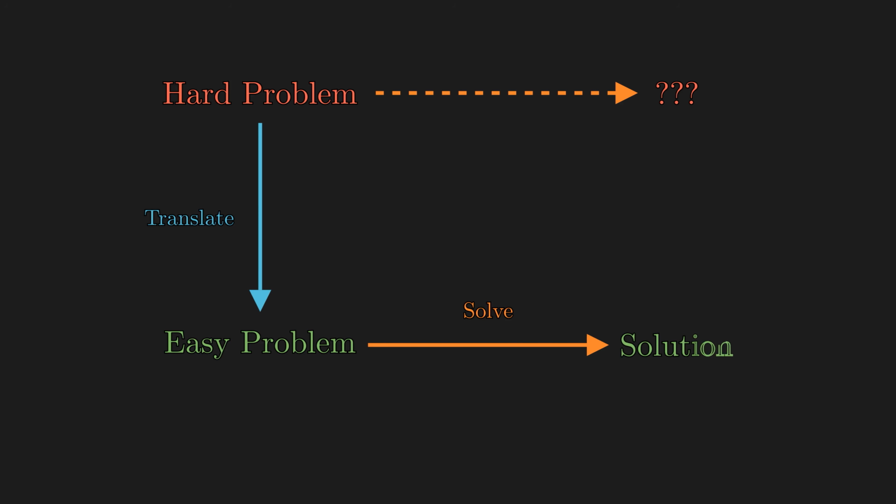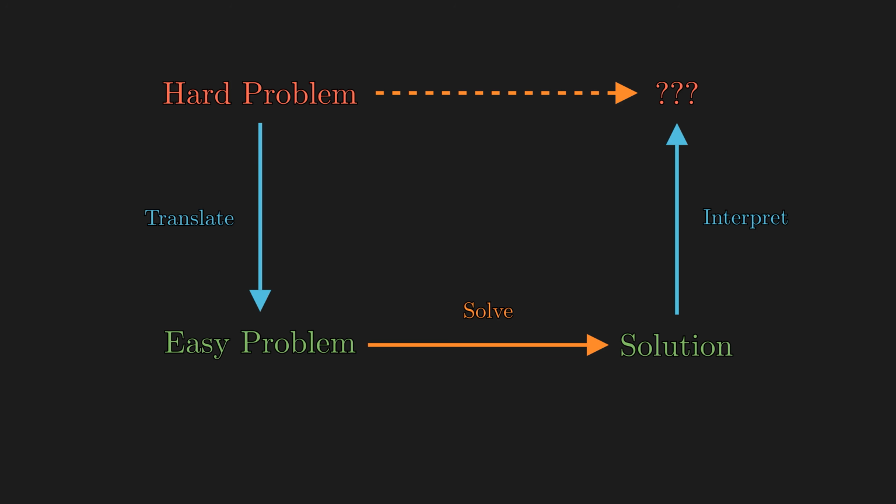solve it. And the translation into a new language could mean anything from coordinate change, change in number system, or some obscure categorical equivalence. And once we find a solution, we can interpret what it means for the hard problem. This diagram could be a commutative diagram, which will be explained in detail later, or just a diagram that represents an algorithm, like a step-by-step guide to turn a hard problem into an easier one.